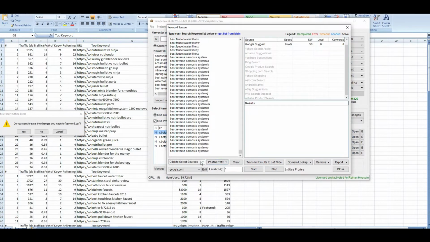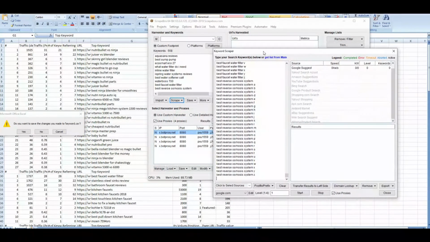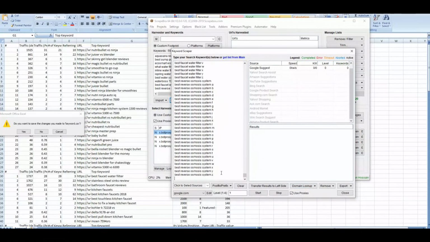I'm not gonna show this way because it will take a lot of time, but you can increase your settings if you check a Scrapebox tutorial. I'm gonna go only with this keyword, the one I get from Ahrefs. If I go this way, I have to keep my Scrapebox open like 30 minutes, 45 minutes. I don't wanna make this video longer. So